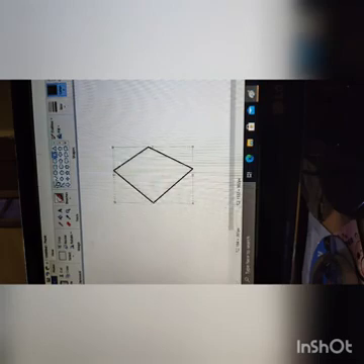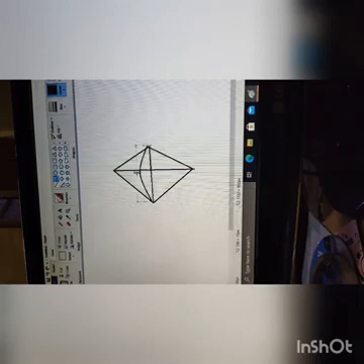With the help of shift again and line tool, I am drawing a line. Okay, shift will not do. I am drawing a line. Similarly here also. Now with the help of curve tool, I am drawing here also another line, and I will click it twice.